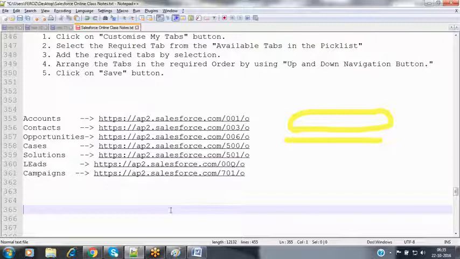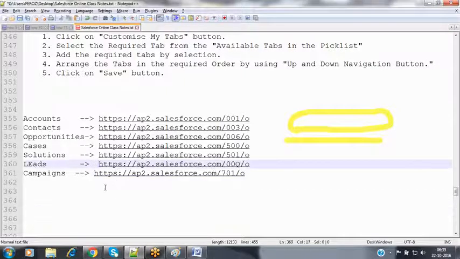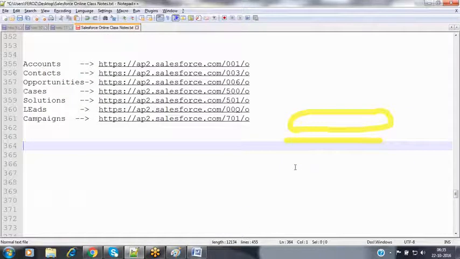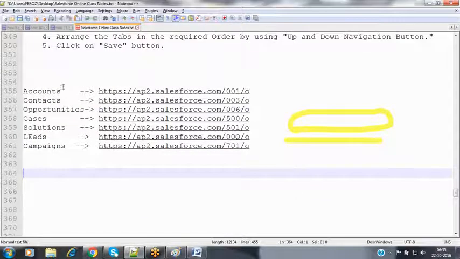Now these are the URLs available here. Let's see the difference between these. What is the common thing that we have observed so far in these URLs? In all these URLs, do we have any common format?